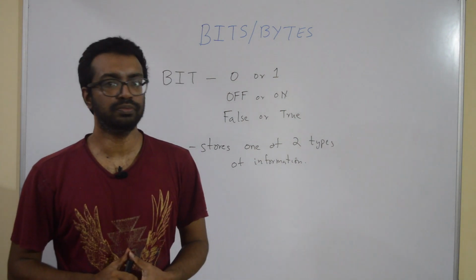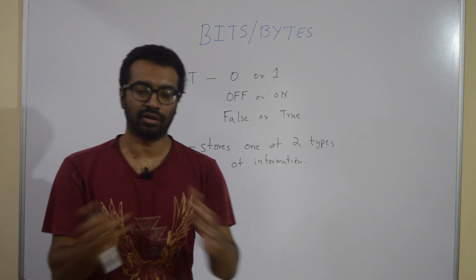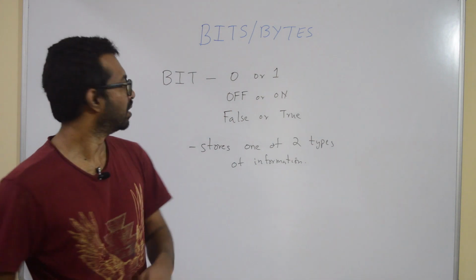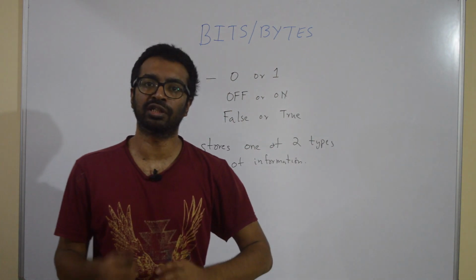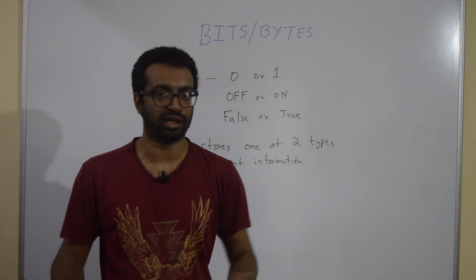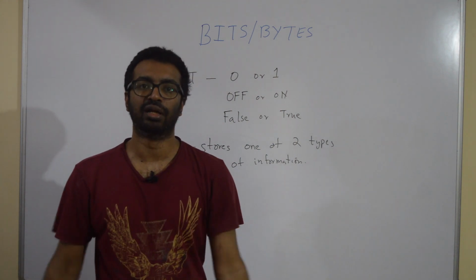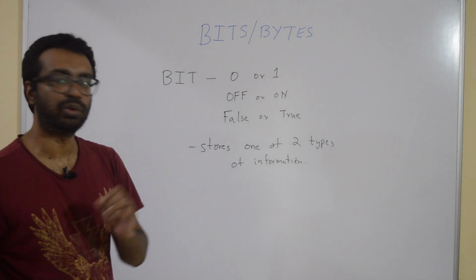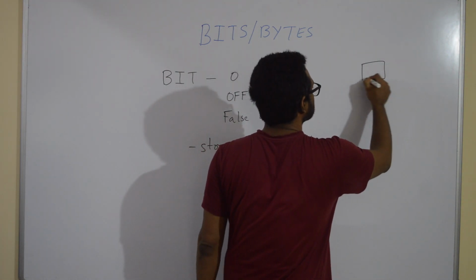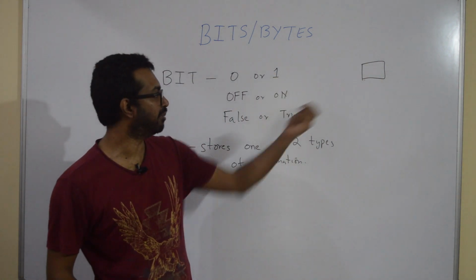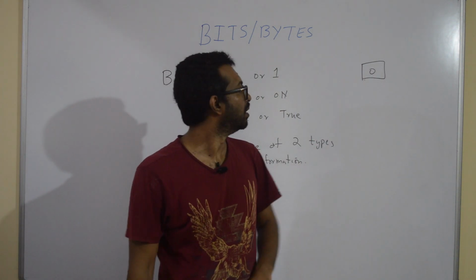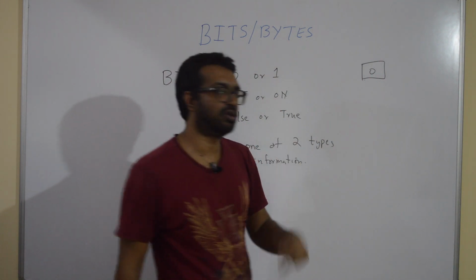Okay. Now we can have a lot of bits. Multiple bits can represent not just two kinds of information but more information. If you want to represent a bigger amount of data or information, you can use multiple bits, right? How can we do that? So I'm going to represent a bit by this box. This bit box can have inside it either 0 or 1, right? What if I have two such boxes?